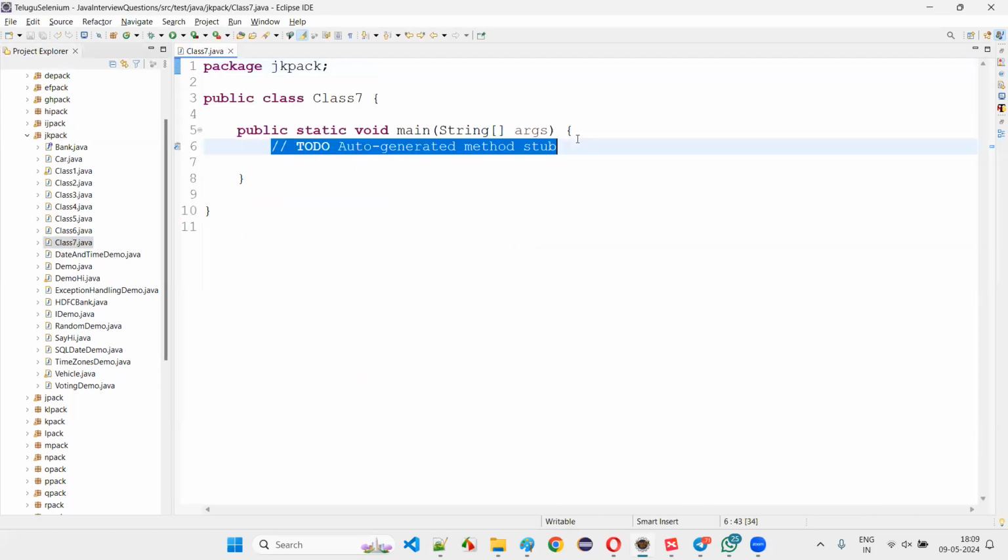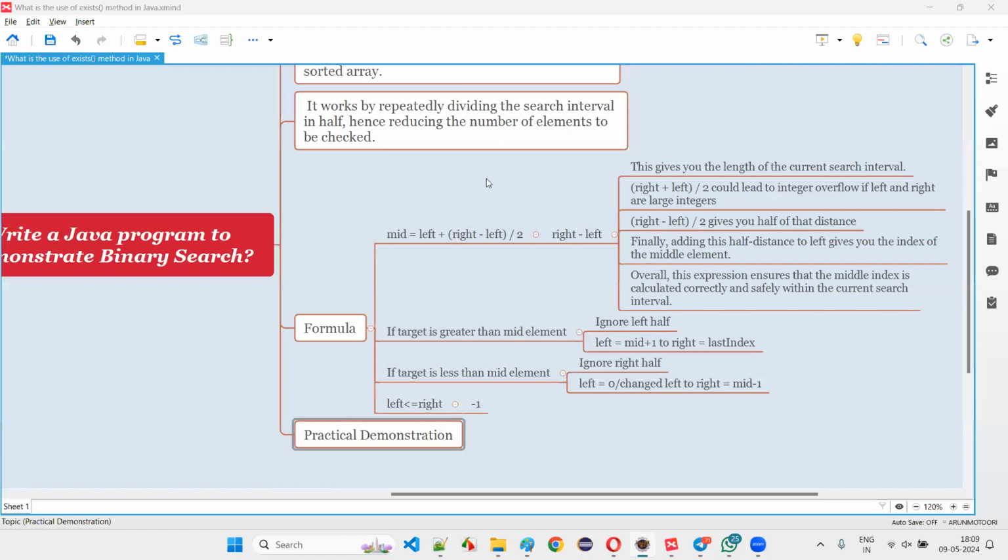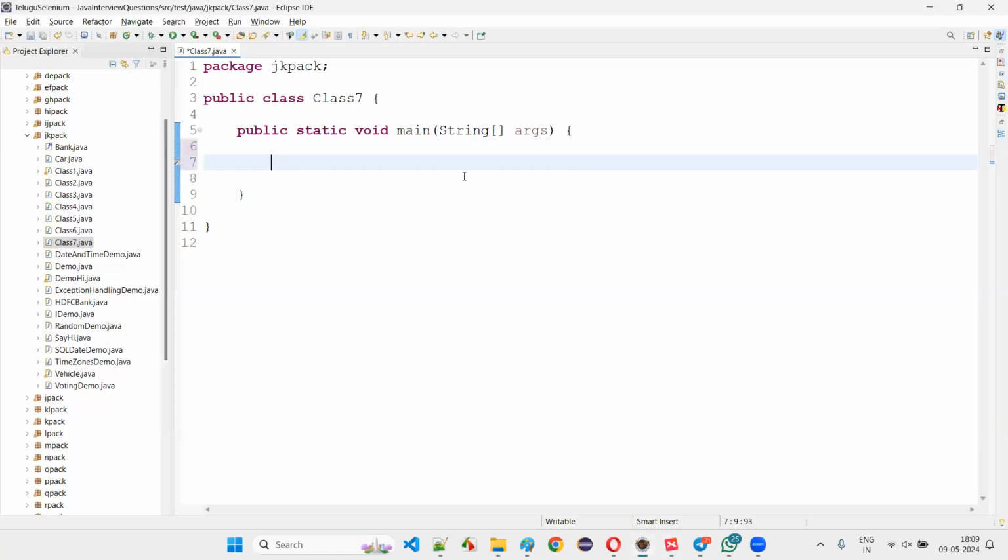Make sure that the array, I'll explain all the stuff, guys. Don't worry, with an example, public static void main is already there. I'll create an integer array. ar is equal to, this array should be in sorted manner, otherwise binary search will not work. So give the elements like this: 1, 3, 5, 7,